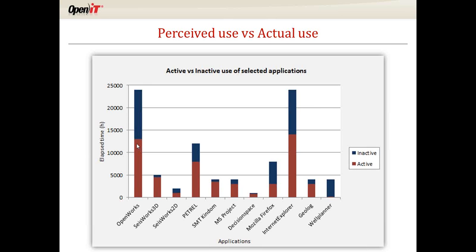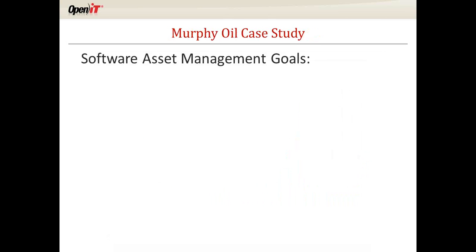So that could be some training in terms of what's a best practice for when you check in a license, what are the reasonable times that you leave it open, etc. Whereas IT might look at this and say, well, Internet Explorer is on our standards list, so that's on our standard desktop image that we push out. But now, wow, people are starting to use Firefox. Do we need to look at our standard, or Chrome or something of that nature? Do we need to look at our standard and maybe modify or update it, or do we need to lock down our desktops? So same chart, same graph, different people have different uses for that data.